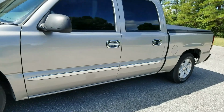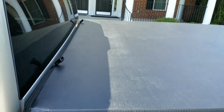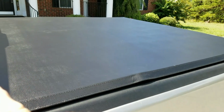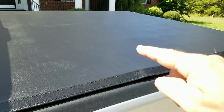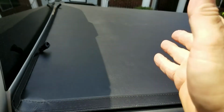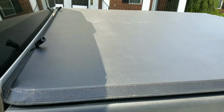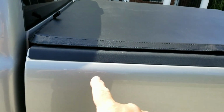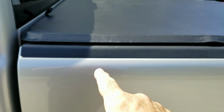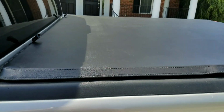Okay guys, we've got our bed cover on now, and you see we got 2 buckles here, because this is a trifold, 1, 2, 3. Fold it once, fold it twice, and it's got a strap on it. You can strap here, and that way it's not going to flip back and forth with the wind or anything like that. And just to recap, we got a clamp right here that's made perfect to clamp onto the side of the bed of the truck right there. Got that clamped on tight. Got one on the opposite side tight, and